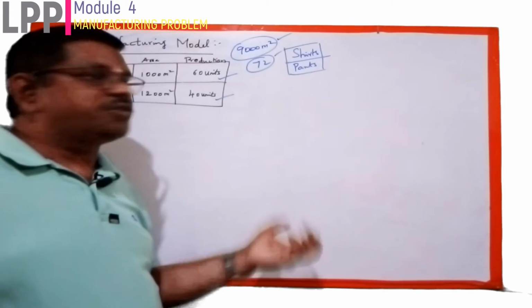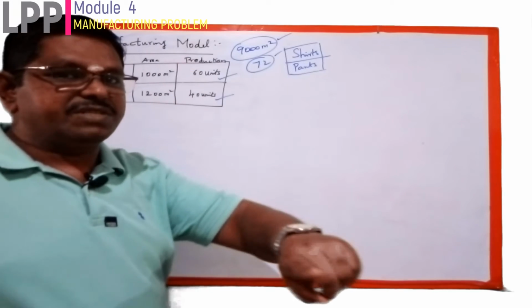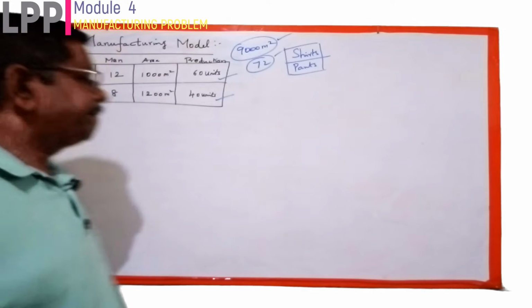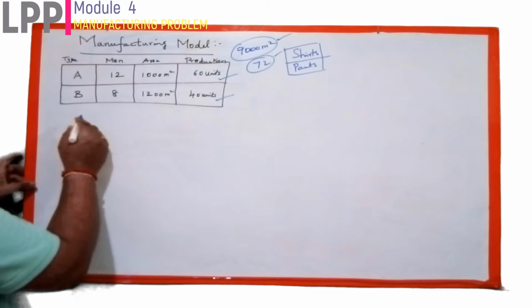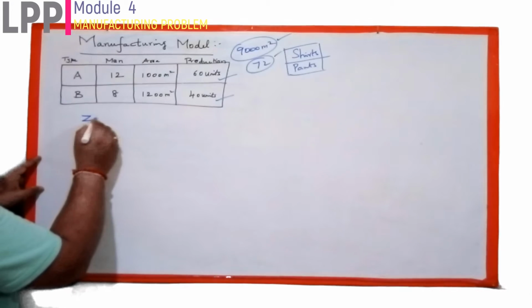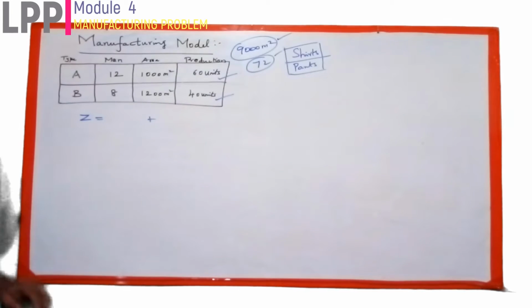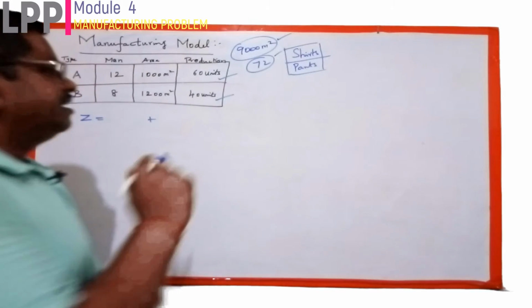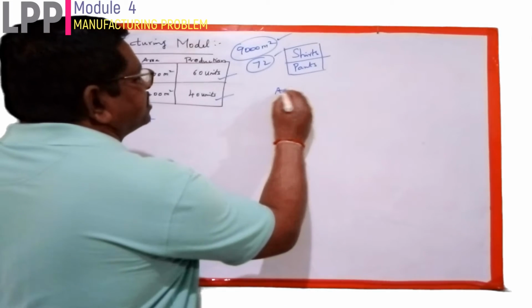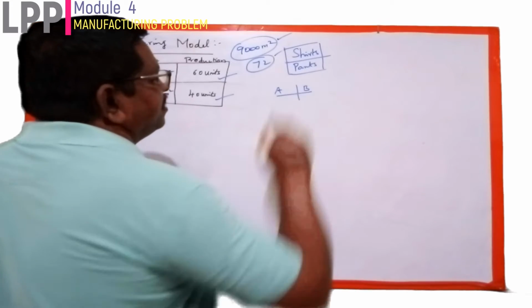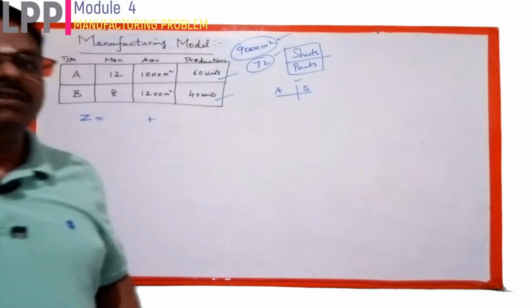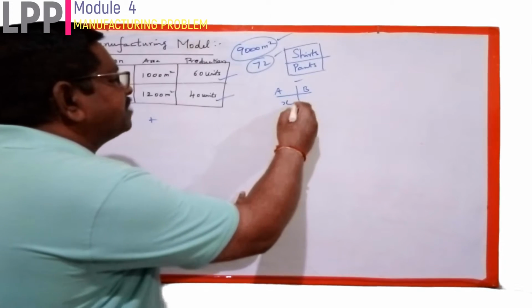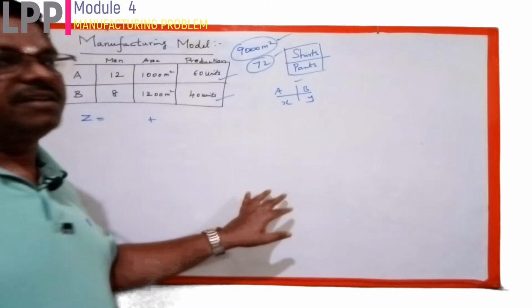With those 72 members, we have to produce a total of 60 units by the first machine and 40 units by the second machine B. Now, for that, we write the objective function Z equals, and we need two different decision variables. What are the decision variables? We don't know how many A-type machines and how many B-type machines we are purchasing. This data is not given to us. So what can we do? Suppose there are X A-type machines and Y B-type machines.